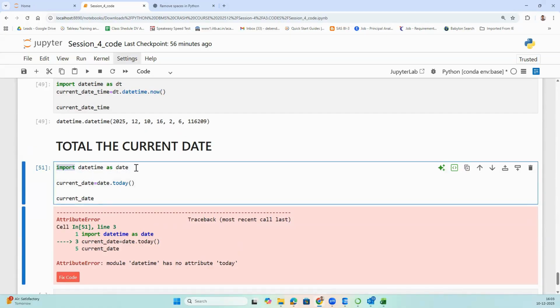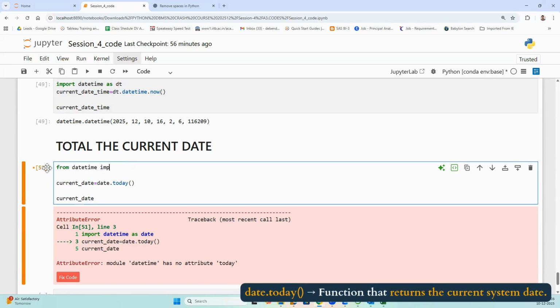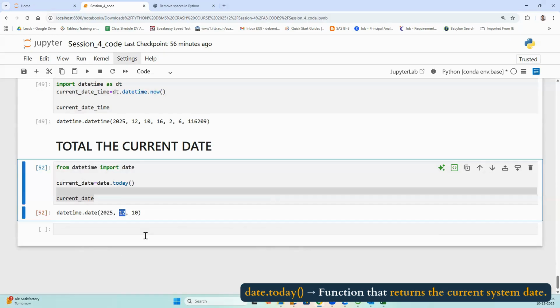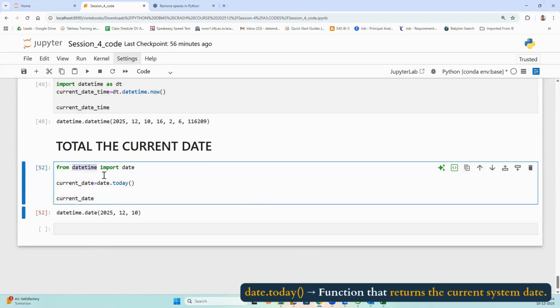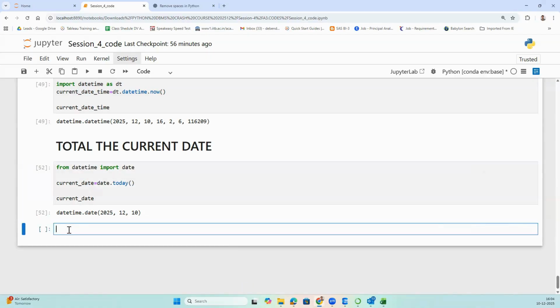Sorry guys, so we have to go for from datetime, we'll import date, and then if you run this program, it should be giving current date only. So from the datetime package, I want to go for retrieving the date function, and applying the date function, I can retrieve the current date here. Now to get the current